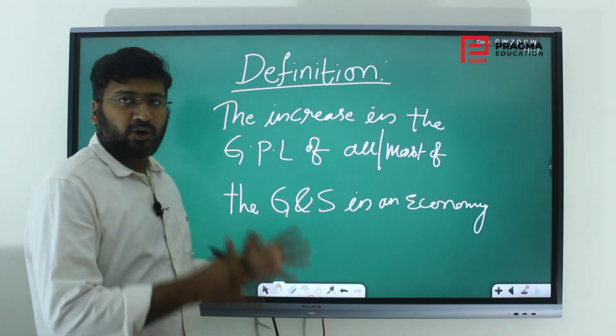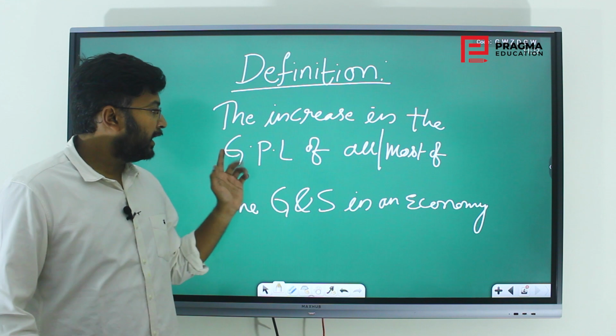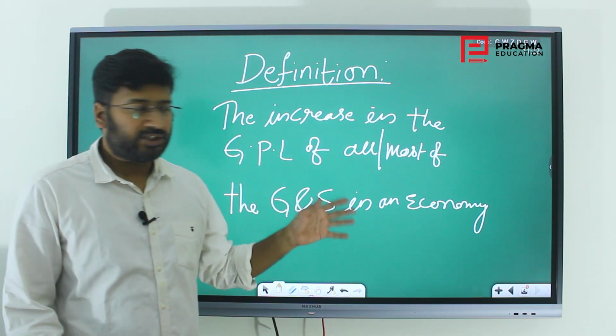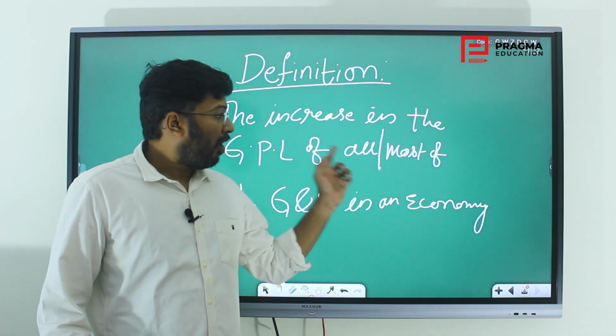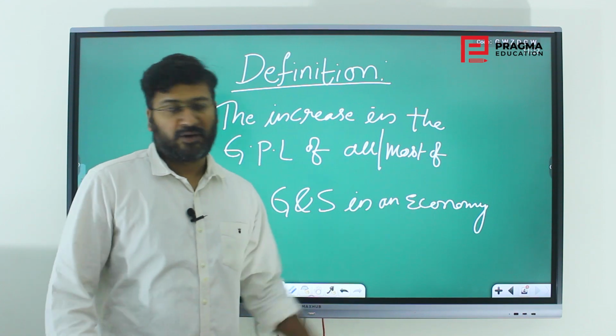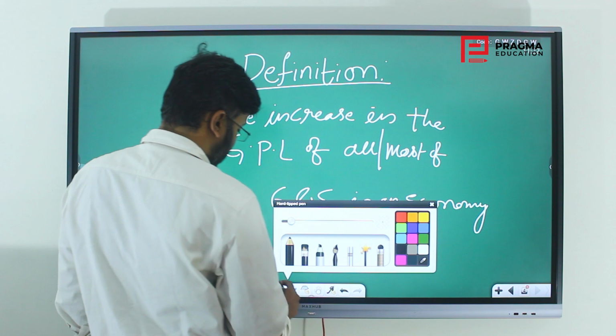So it is a macroeconomic concept which says that increase in the general price level. We will be looking into what general price level is very shortly, of all or most of the goods and services in an economy. So the three important indicators in this definition are